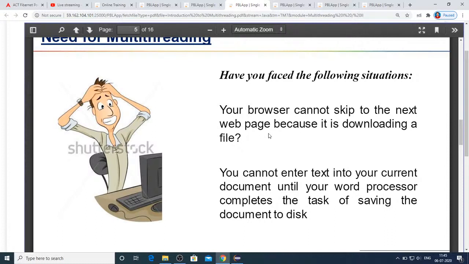Now, coming to process-based multitasking, every process has its own address space, its own stack segments, its own data segments, and so on. Whereas here, since threads belong to one single process, if a process has four threads, then all these four threads share the address space of the process to which they belong, and they share the data of the process.